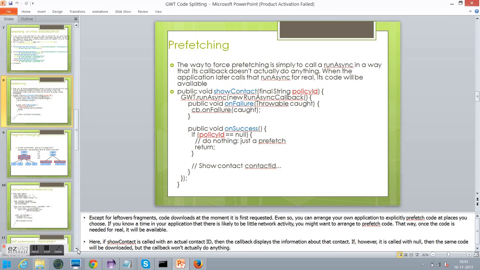This is the one way. This one should be there in which file? In the main file? No. Everything will be done on the basis of GWT run async. But the placement where you are writing the code, that will be the technique of this one. Like you previously, you can say, what we call is